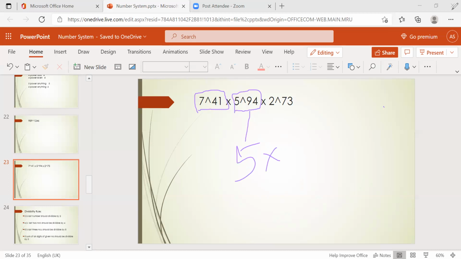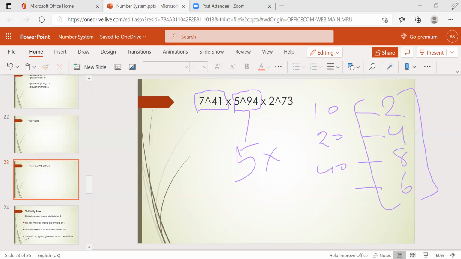It is nothing but 2, 4, 8, 6, right? Whatever the number, will get these numbers only, right? After finding out the divide, whatever the number, the unit digit will be these 4. If you multiply 5 with 2, it is 10. Multiply with 4, it is 20. Multiply with 8, it is 40. Multiply with 6, it is 30. Observe this. So 2 power anything, if you are multiplying with 5, then the unit digit is nothing but 0. Is it clear? Unit digit is nothing but 0.